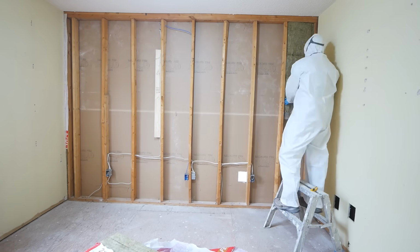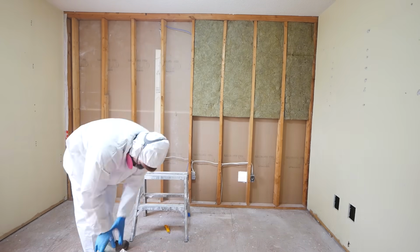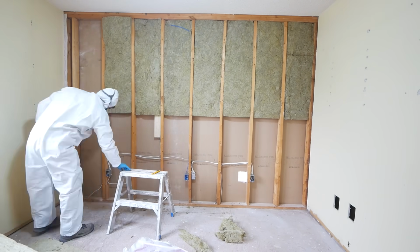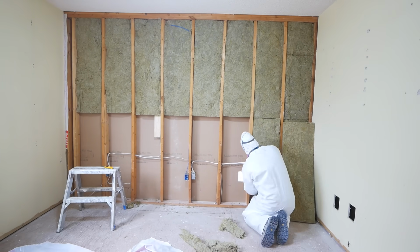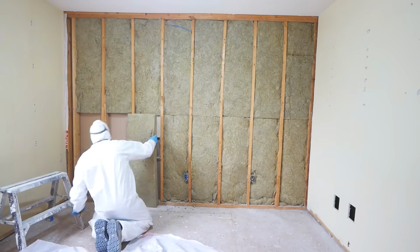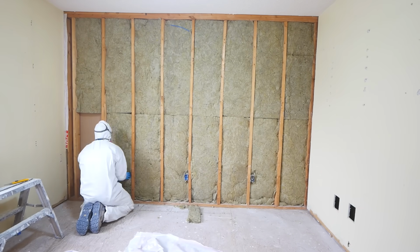This is Rockwool Safe and Sound, a go-to product for us for soundproofing, and I really love this stuff. I mean, I hate working with it, it's really itchy, but in terms of value, I think it's just a great buy and a great addition. To do this entire wall was maybe around $100,